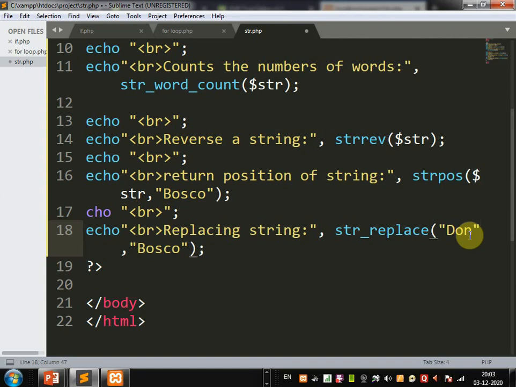After that put a comma, and in that place use Father. Don means father.